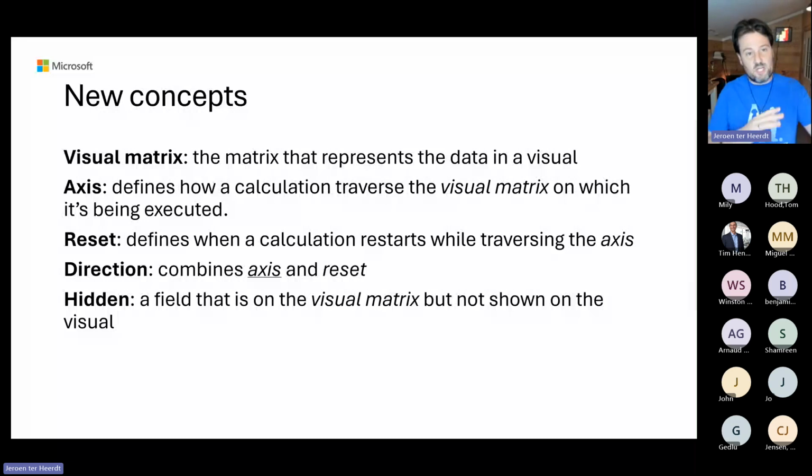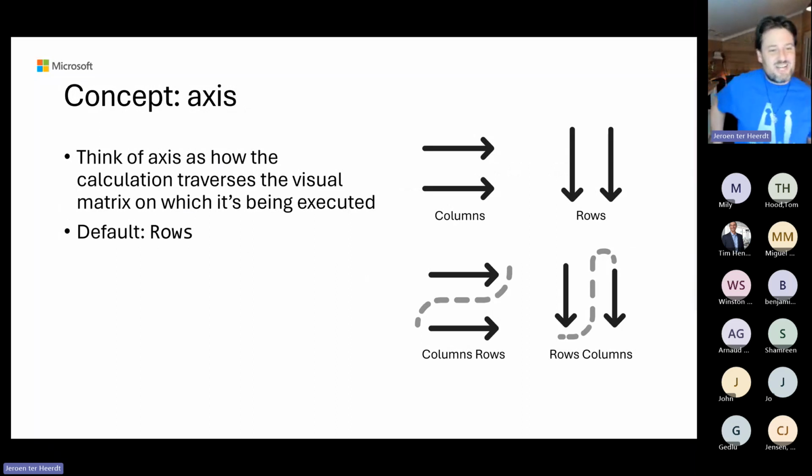Then direction is a combination of those things, which is just a concept that you have to kind of keep in mind. We'll see that in just a sec. And then hidden I already showed you. So that's the last concept, just the ability to hide something from the visual matrix, from the visual, but it's still shown on a visual matrix. Okay, so now for the brain melting part, because some people are asking for it. I showed you